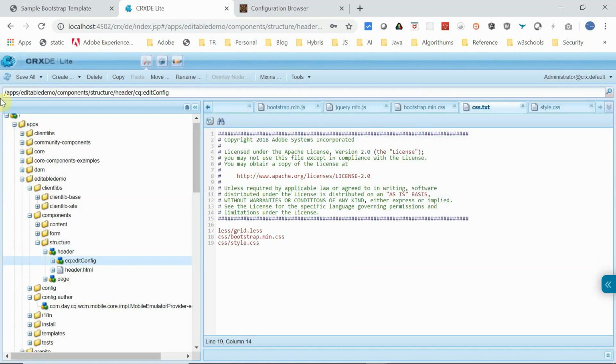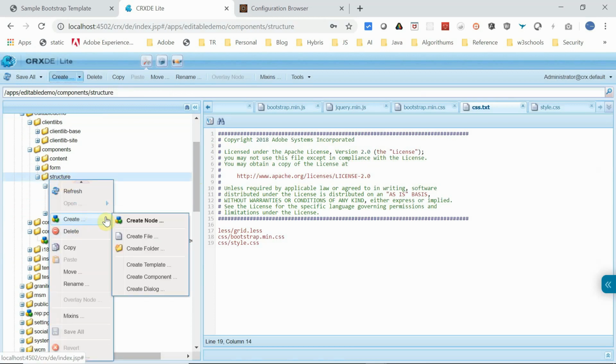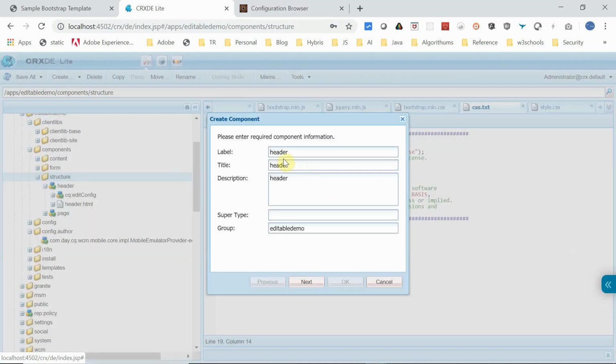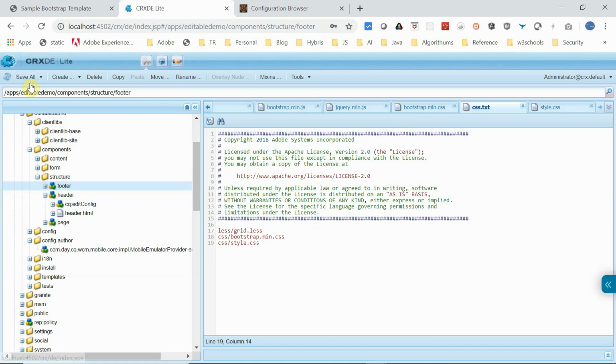Okay, this is fine. Now let me create another component, the name footer. Same group, that's fine. Go ahead and create it. Okay, save this. Do the same change.